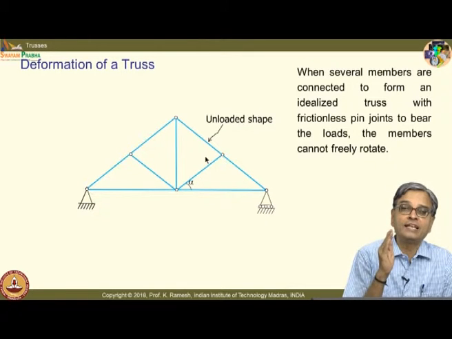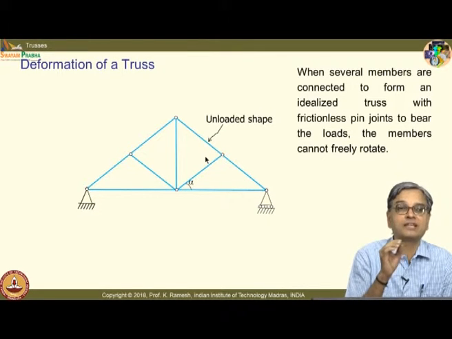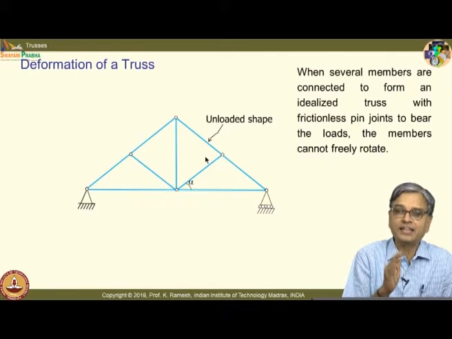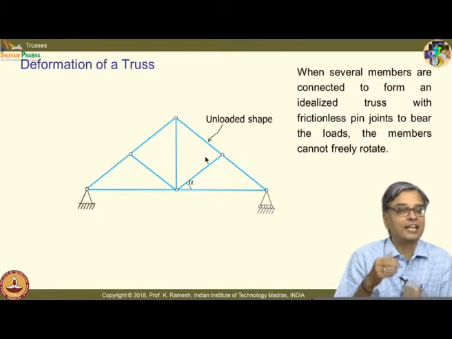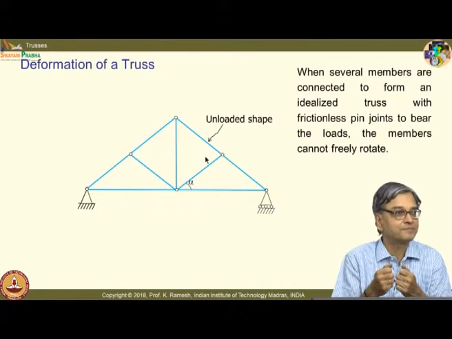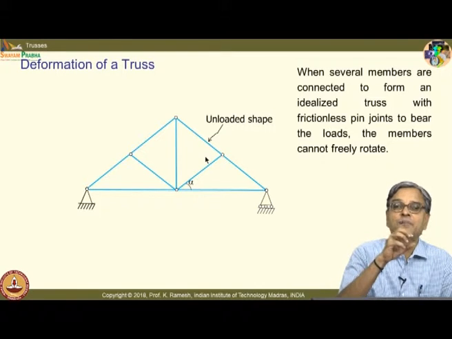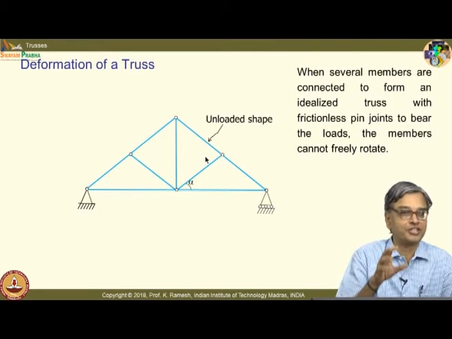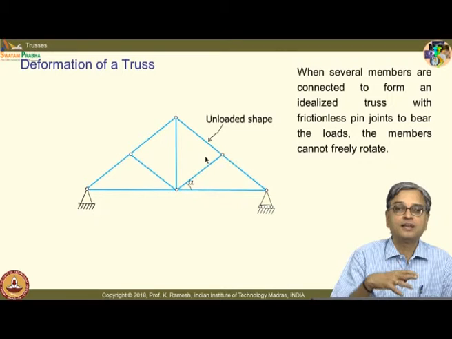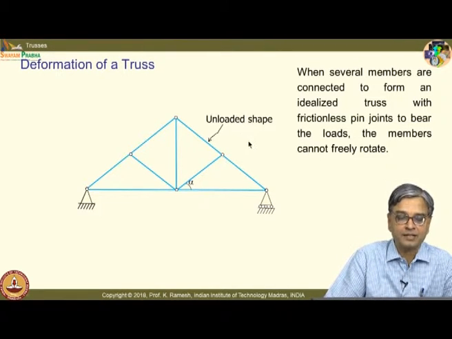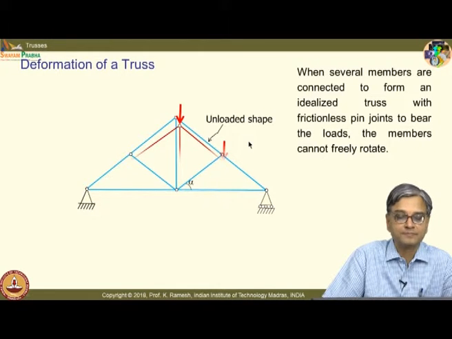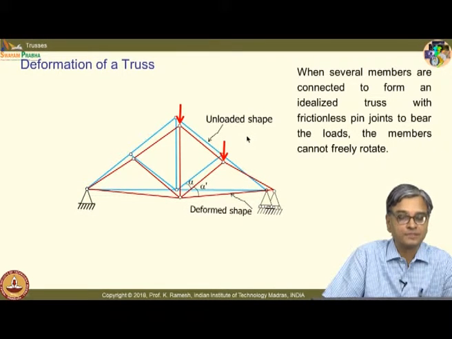Even though from your idealization point of view you say the members are rigid, in reality they are basically elastic members. Under the action of tension and compression, they can elongate and contract, and being a pin joint, it will allow small rotation. And now I show an exaggerated picture of what would happen under the action of the loads. Make a neat sketch of this.